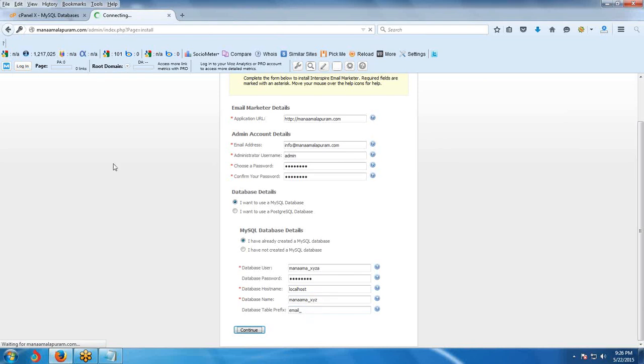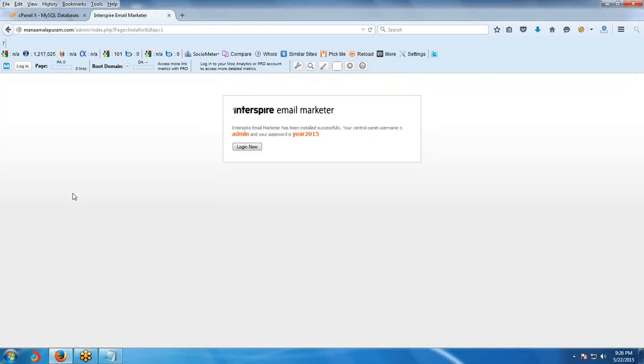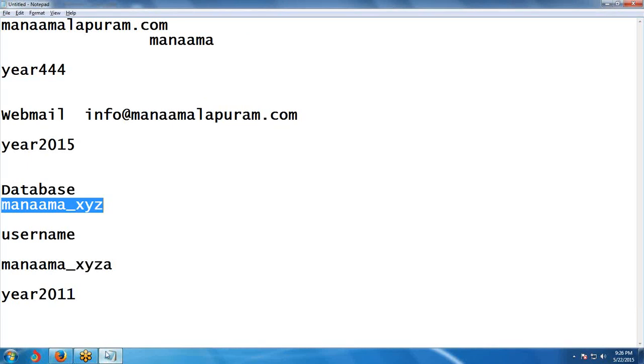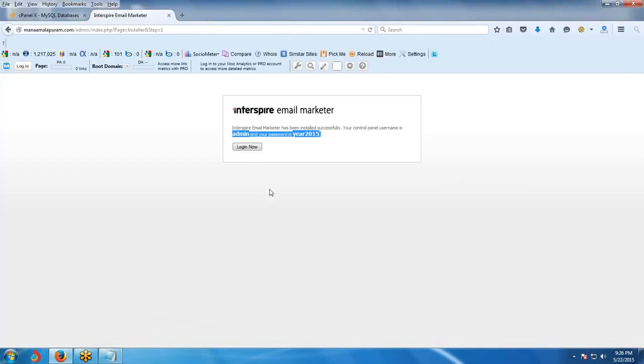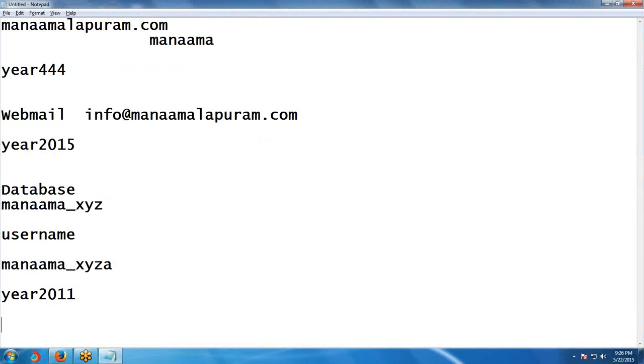Now, already we have created all the database username and password we entered. Here the email address should be our webmail email address. So this is the username and password. This is the admin username and password.